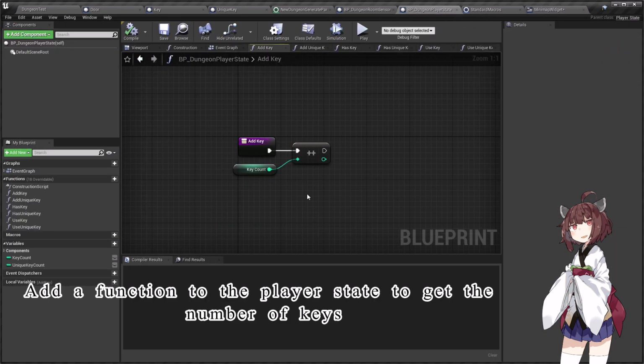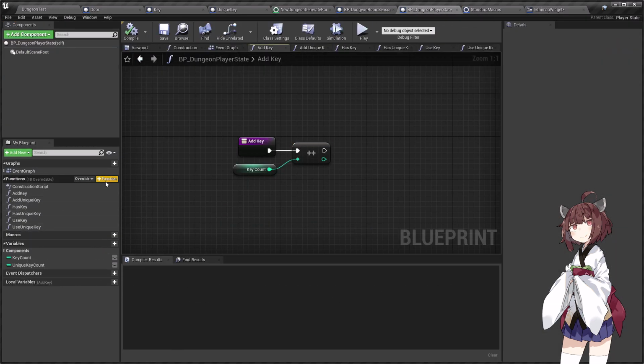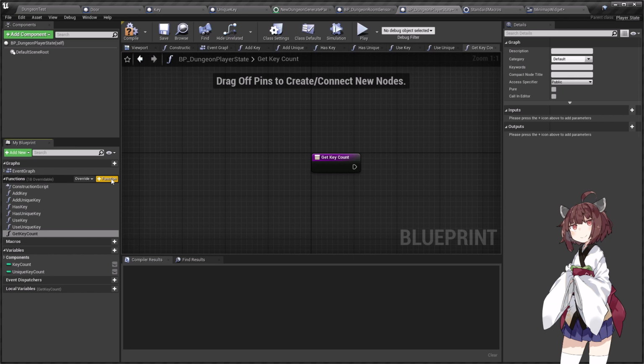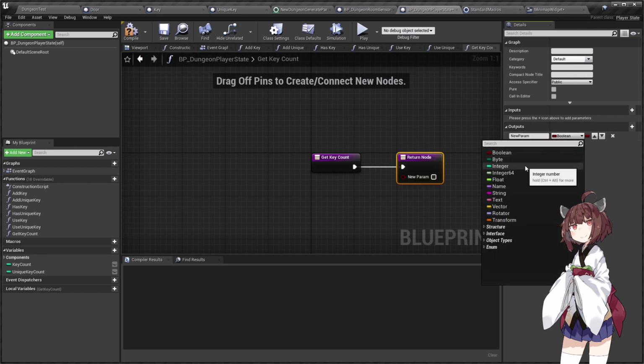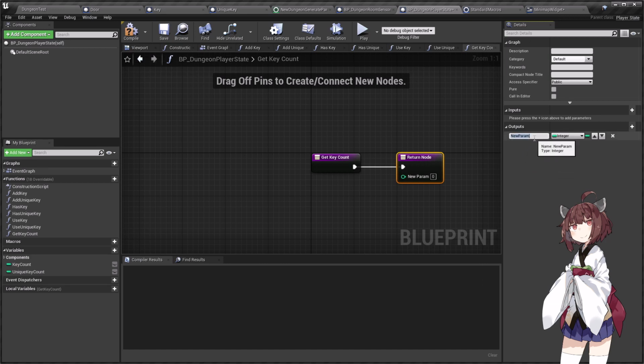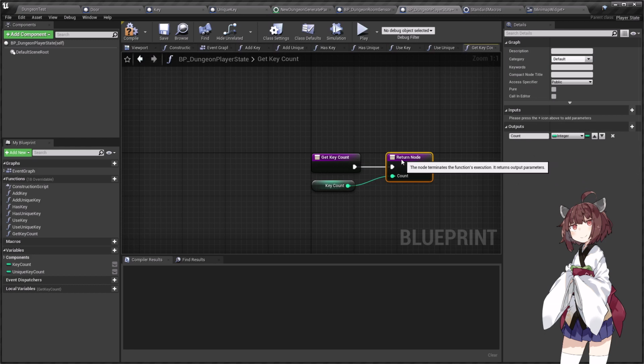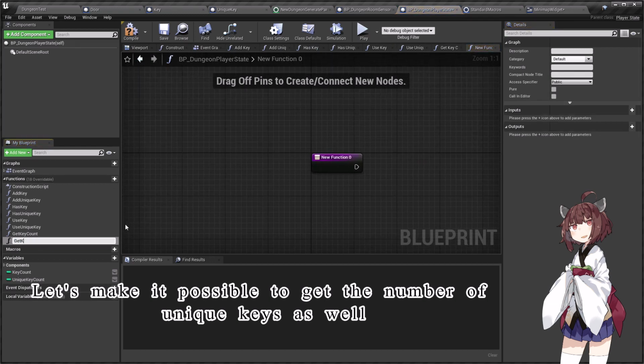Add a function to the player state to get the number of keys. Let's make it possible to get the number of unique keys as well.